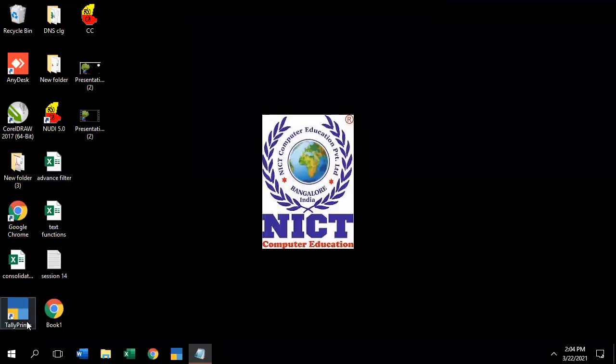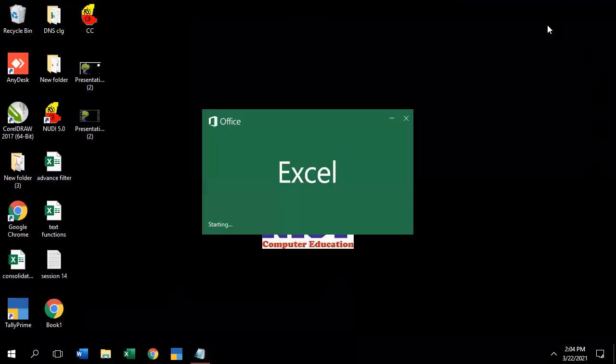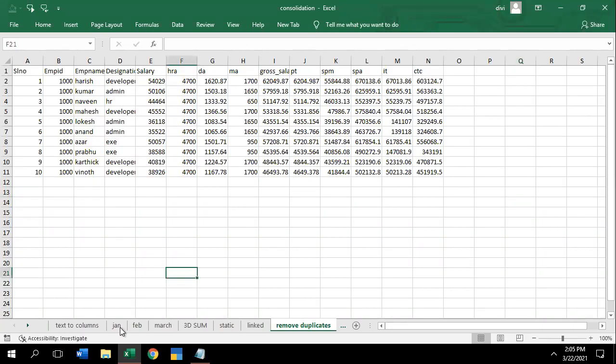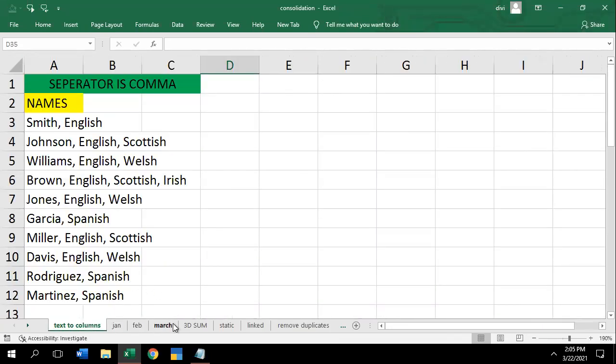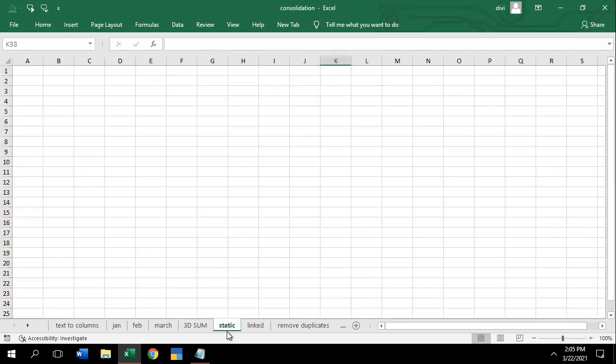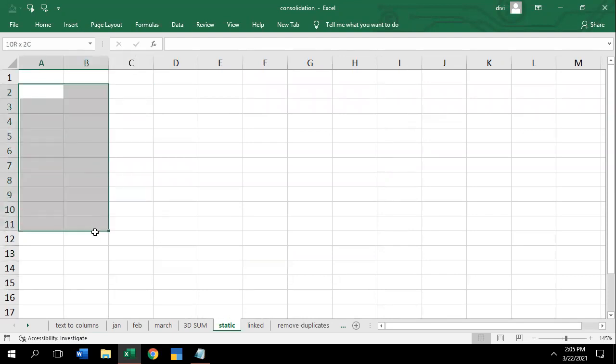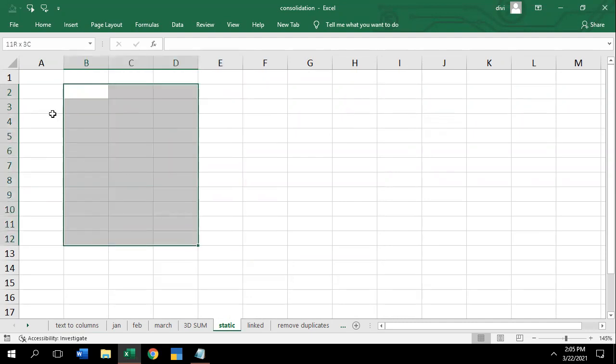So I'll go to the consolidation. In that consolidation, I have data. Last class, when I explained the static calculations of consolidation, I got a structured result. Means I got a result only in the total column, the total value. If I want all the data in one sheet, it's not possible.